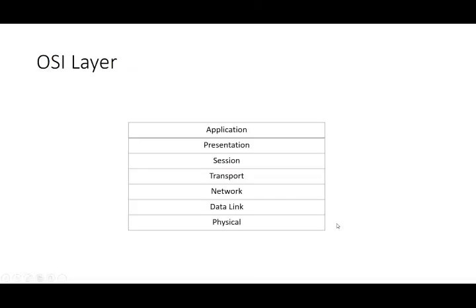So we are going to talk about the OSI layers. The OSI model is a 7-layer model that we use in data networking to provide us with some modularity and some interoperability. If we take a look at the diagram here, you will notice that this is a 7-layer model, and typically